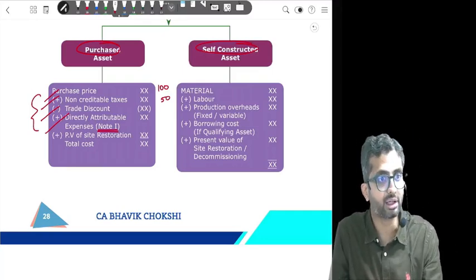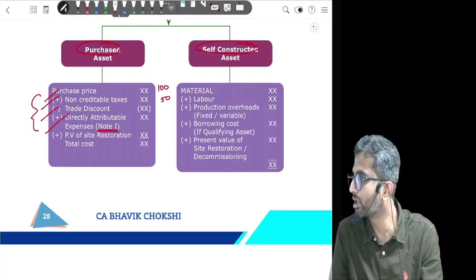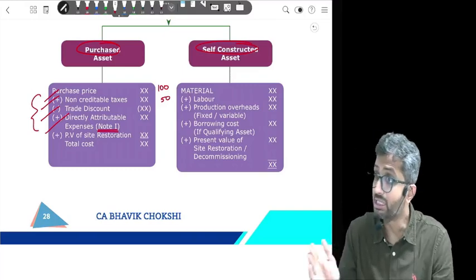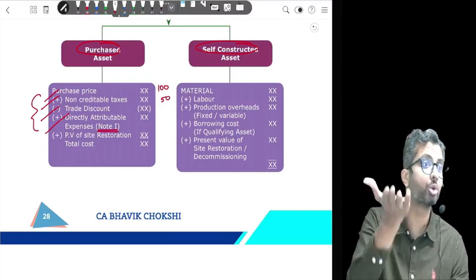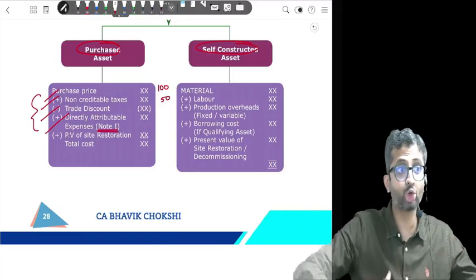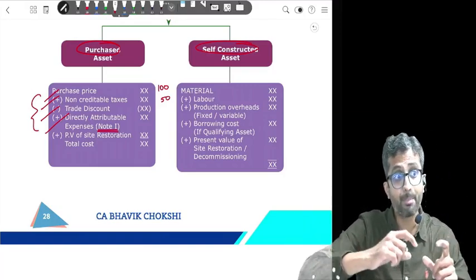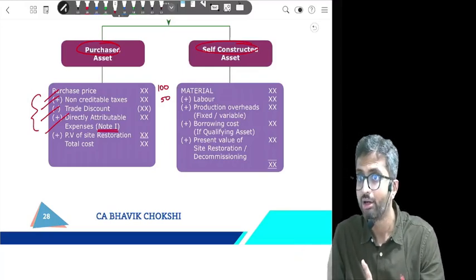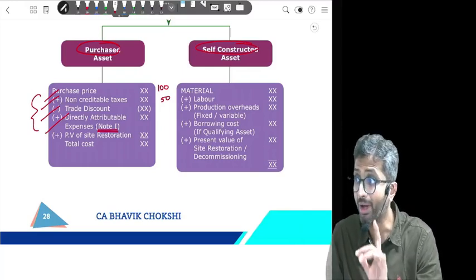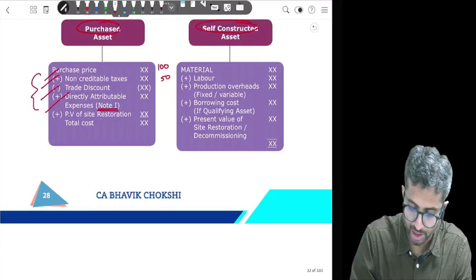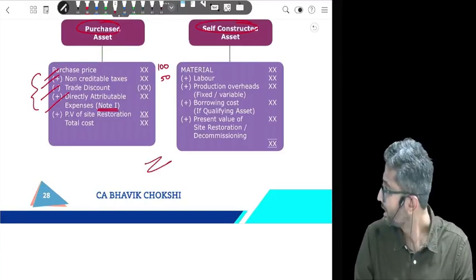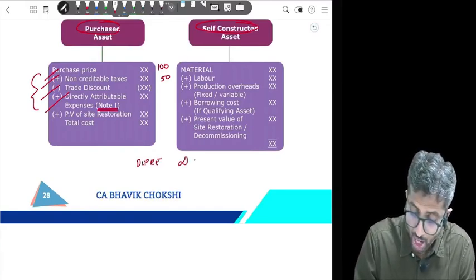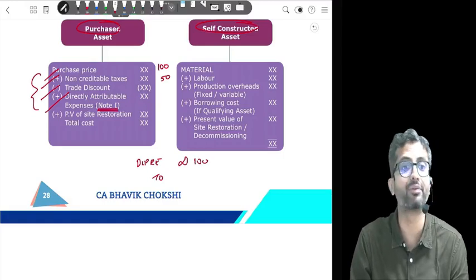But if, let us say, I own the crane, I don't have to pay rent to anyone. Now what do you think? Will I have a depreciation charge? But is that directly attributable to getting my asset in the ready to use condition? My crane is ready to use but my building is not. So will the depreciation on the crane, 100 rupees, be capitalized along with the building? Yes or no? My entry will be, if there is a 1,000 rupee crane, depreciation account debit 100 rupees. 10 years is the useful life of the crane.